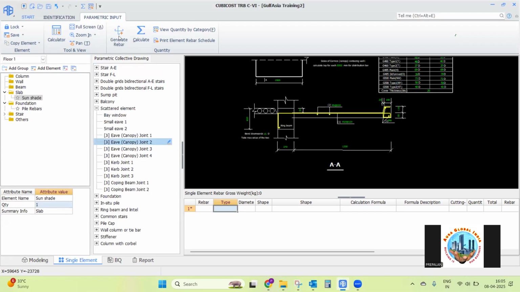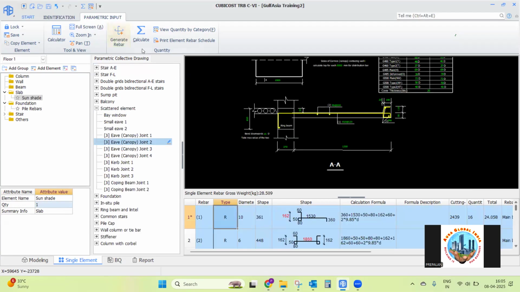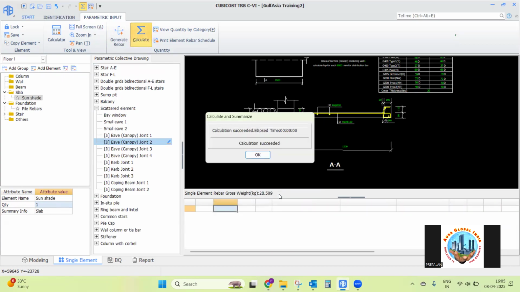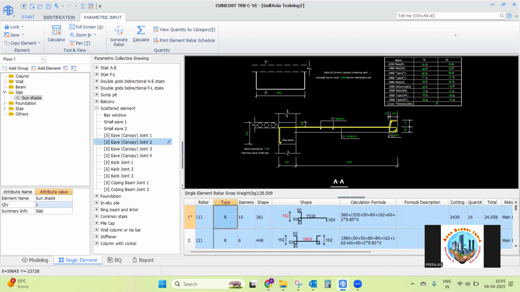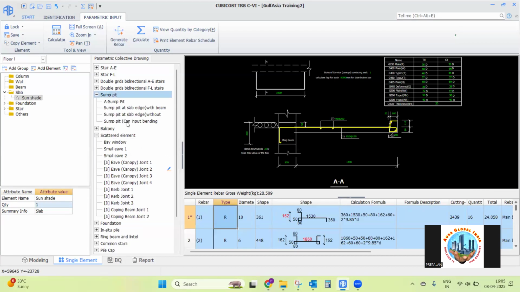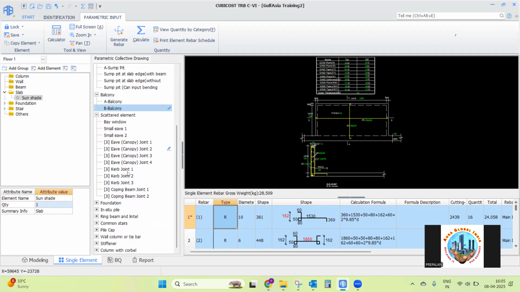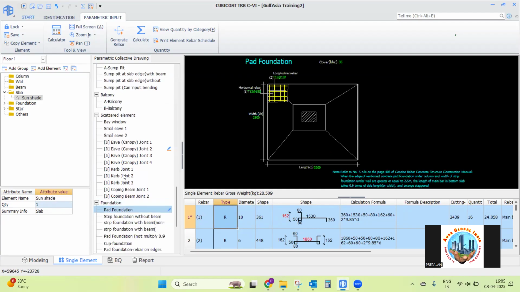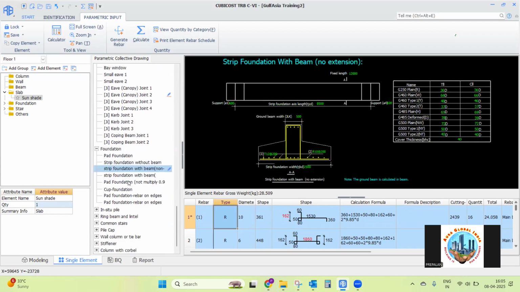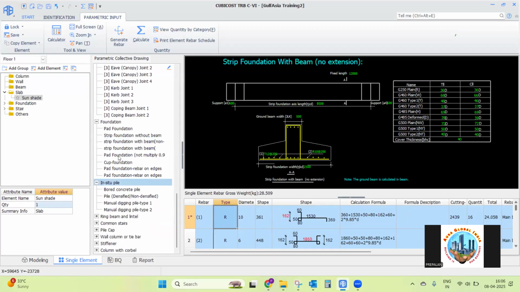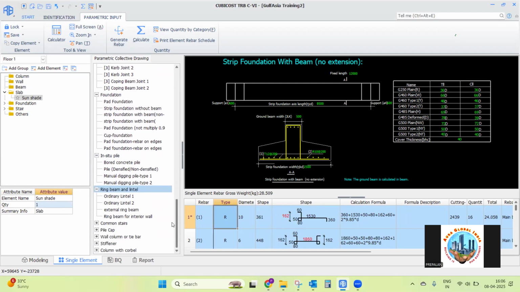Then click generate rebar. When you calculate, those single elements can be generated for the sunshades. So here also you have some pit again. Some pit you have. So this is balconies. Again, pad foundation. So if you want to make use of it, you can use ring beam, lintel beam. Lintel beam can be done in the modeling itself. Wall column, tie bar,